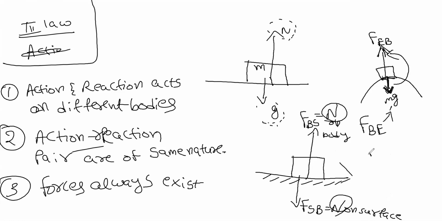N and Mg are not action-reaction pairs. We are just equating them because the body is in equilibrium in the vertical direction. That's what we are equating. Normal force and Mg are not action-reaction pairs. Then why this is useful is because